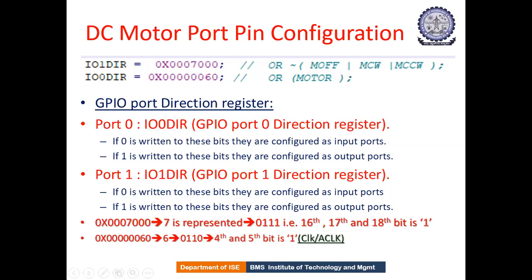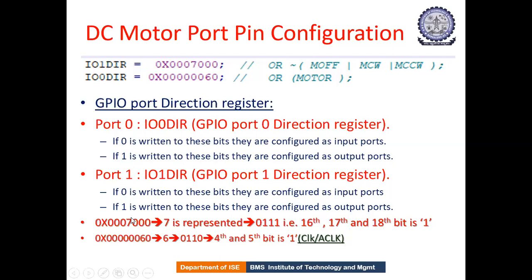Who is specifying that? It is IO0DIR. IO0DIR is nothing but a direction register which is specifying, if I am representing 0, it is an input port. If it is represented as 1, it is called an output port. So here the fourth bit and the fifth bit are represented as 1, that means those particular bits are being used for output operation. Similarly, here the switches are also the same. It is 0111, that is the 16th bit, 17th bit and the 18th bit are made 1. That means for the first port also it is the same. 1 represents that it is an output operation.